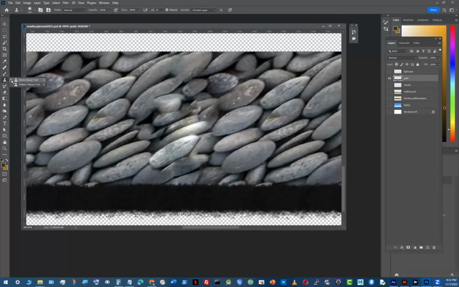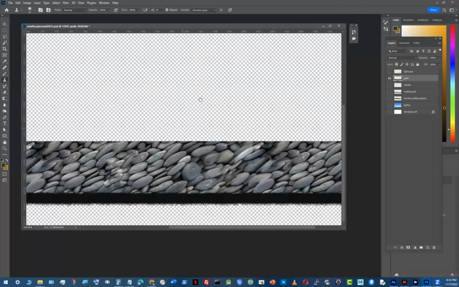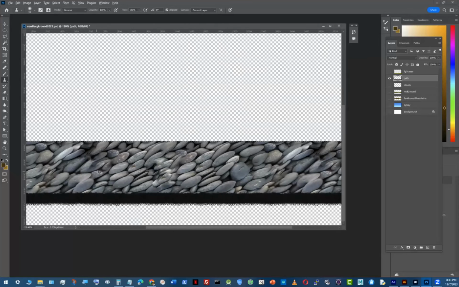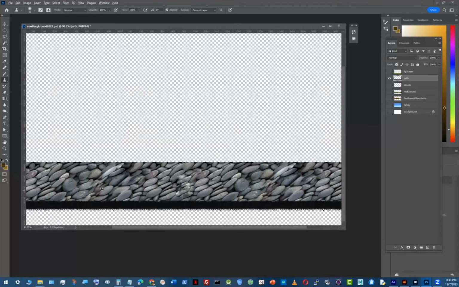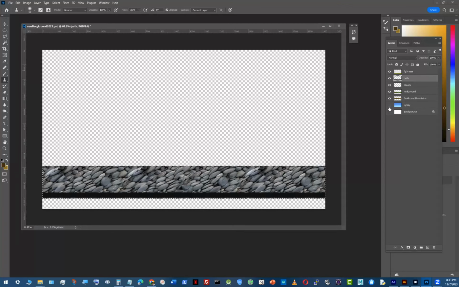You can do that, and then also the clone stamp tool just to clone areas from the other side. Clone stamp tool works better than the healing brush tool. You can clone over certain areas. The key point is to just grab samples from other areas of the image. So if I'm working like this, I'm just going to sample. Like, I can't even tell anymore where it is. Oh, there it is, right there. So I'm just going to grab some samples from other areas of the document and just go over it. All right, so now I'm going to save this,